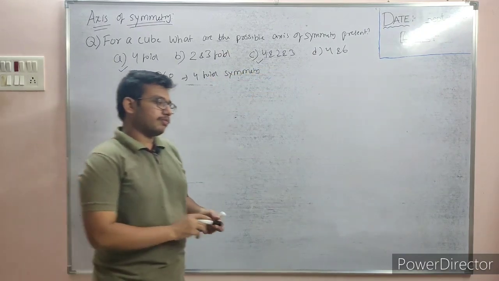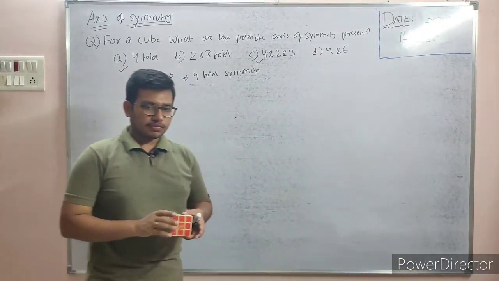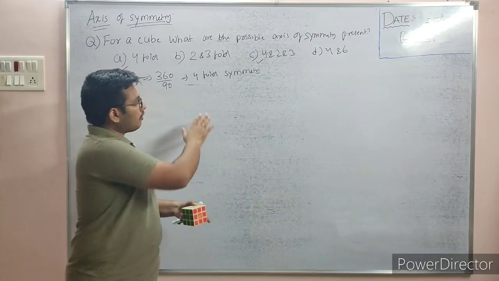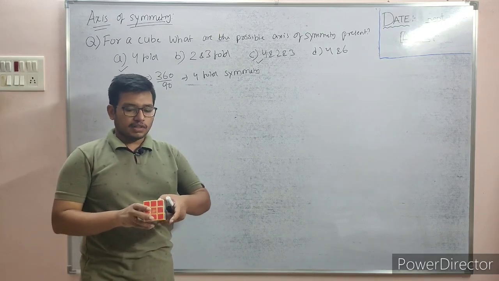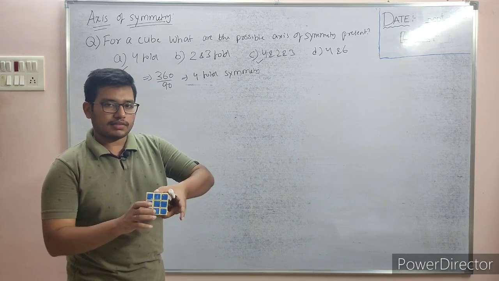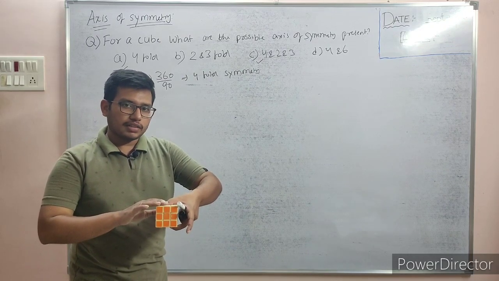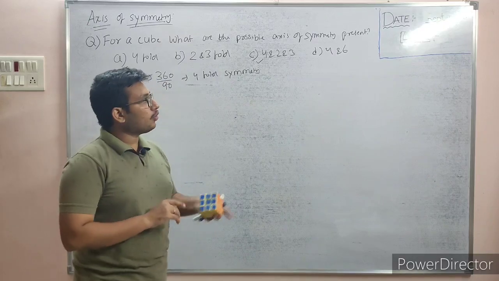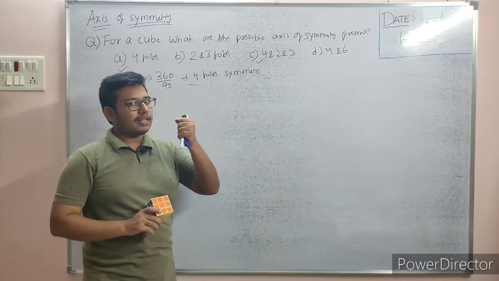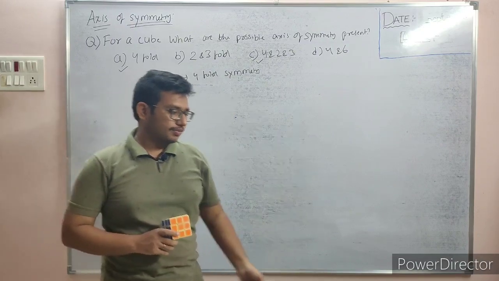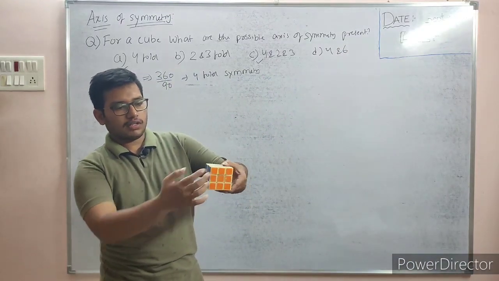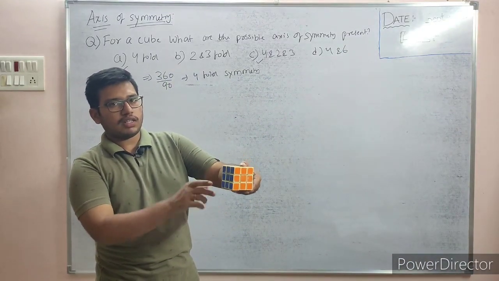If you take the cube, of course when rotating by 90 degrees, we get the same face, so we get 4-fold symmetry. Other than that, if you rotate along this axis by 180 degrees like this, after 180 degrees of rotation we will get the same face. So the cube has 2-fold symmetry also. Now for 3-fold, you have to imagine a little bit. Suppose the cube has a diagonal, from this corner to this corner, from this corner to this corner, there is a diagonal.